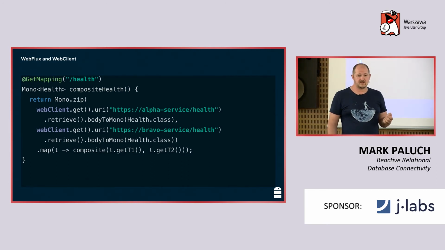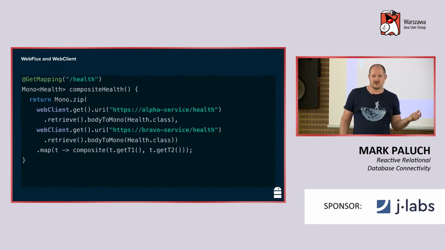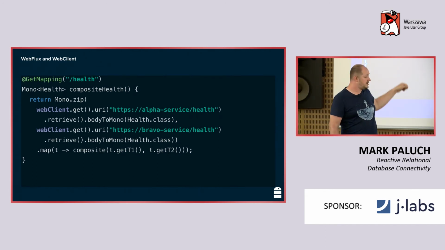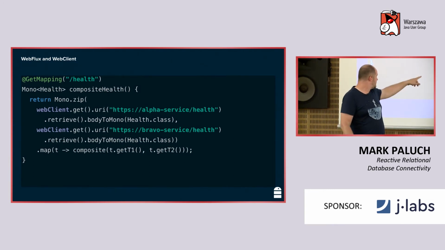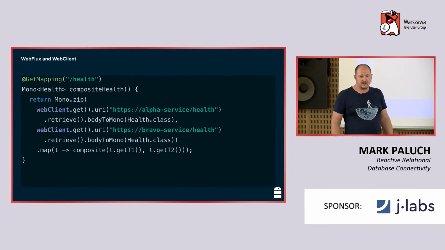Now, if we do this in a reactive way, we have a single thread that subscribes to the first publisher. It starts creating a connection, writing out the request. And it's not waiting for the response, and the thread is not blocked in the first place. Then the thread goes to the second publisher, subscribes there, does basically the same. And then the thread sees, okay, there's no more work to do here. Then it goes somewhere else to perform some work. And as soon as both responses come back, a thread is activated, runs the map method, and returns the